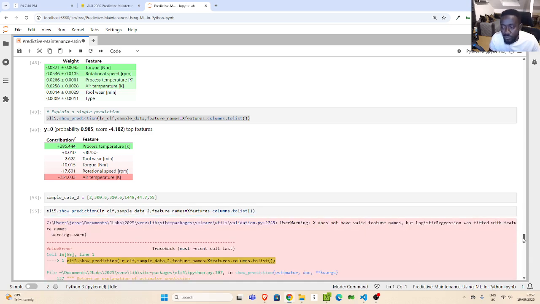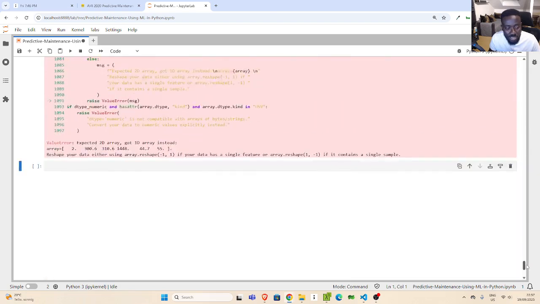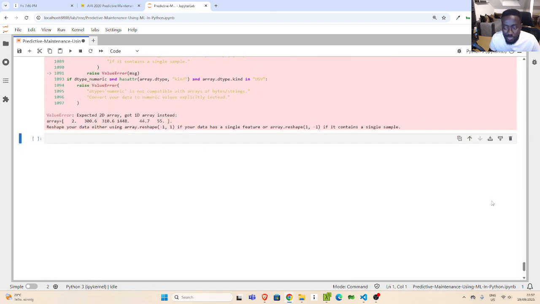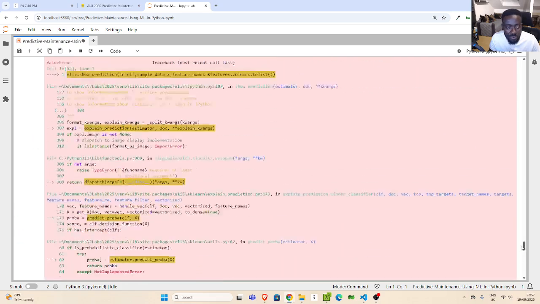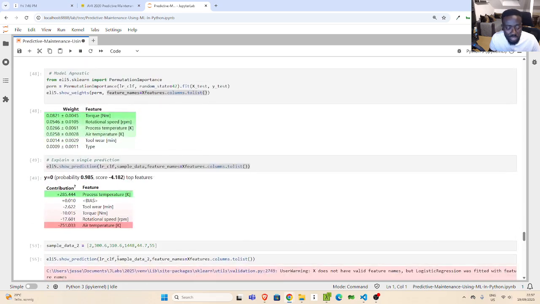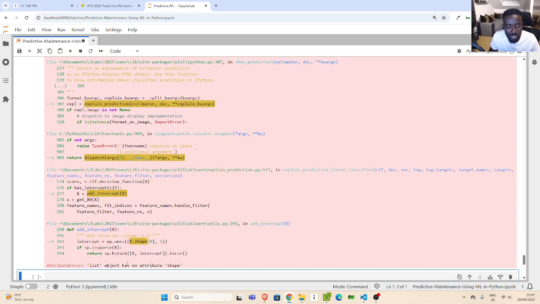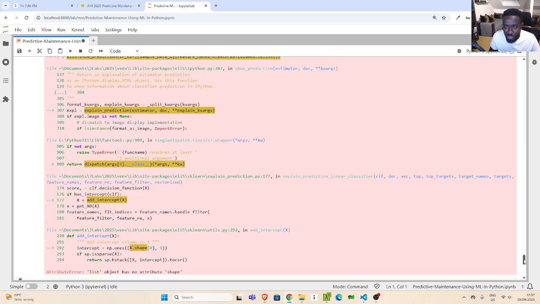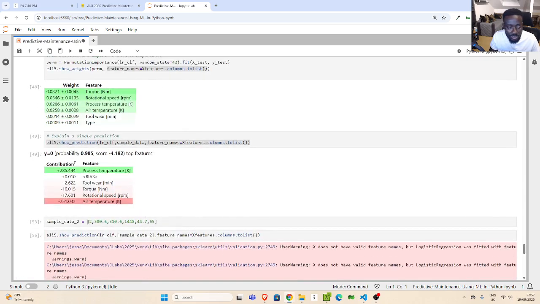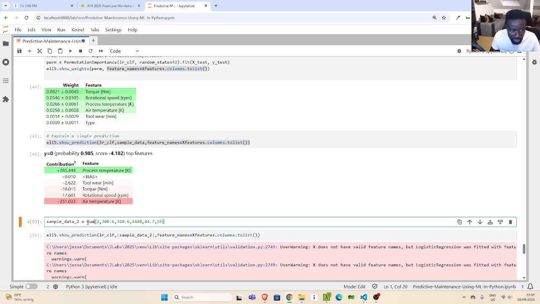So the reason this will fail is because of the structure of the data set. We need to reshape the data set into a format that can be recognized. One way I can do it is like this, which I don't like, but we need to see that you have to reshape it. You need to reshape it with numpy, so np.array